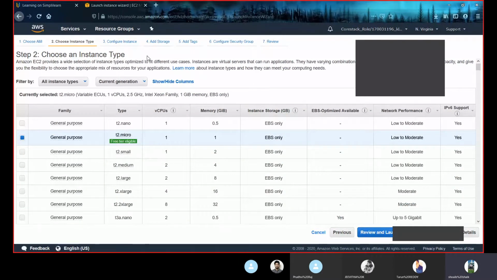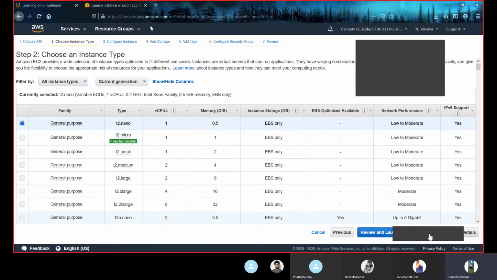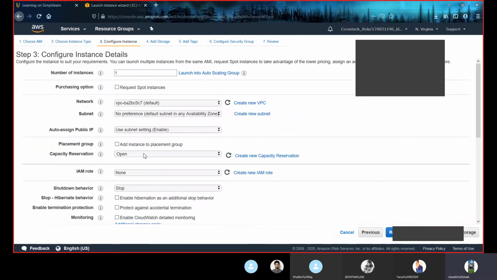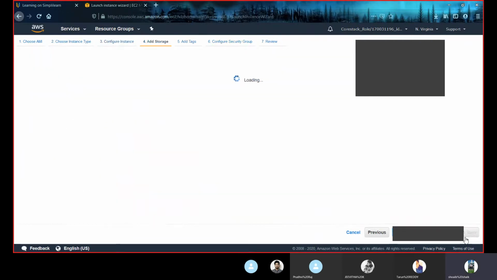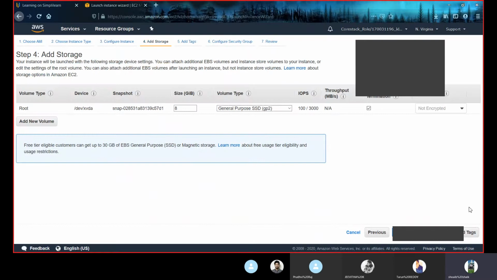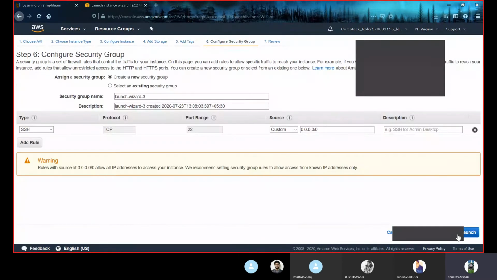So here our next step is to choose an instance type. So let us choose the smaller one, that is t2.nano. Next, configure it. Let us not change configurations. Add storage. Leave it. Add tags. Security group.